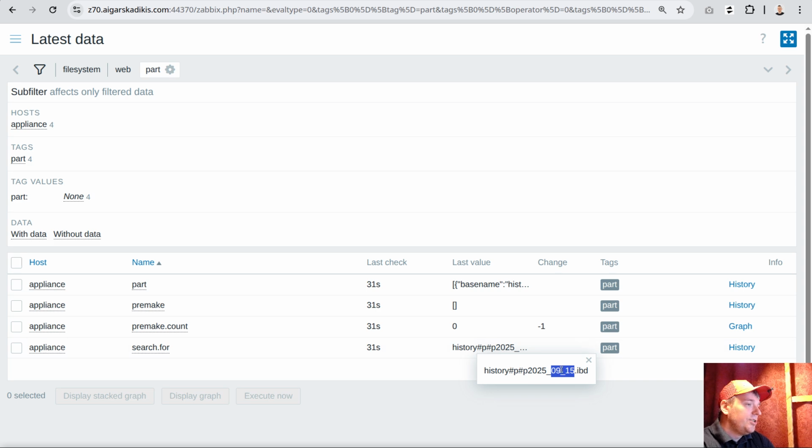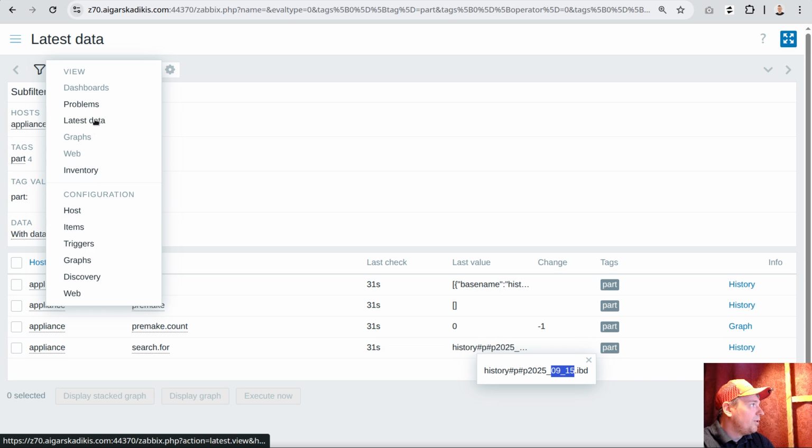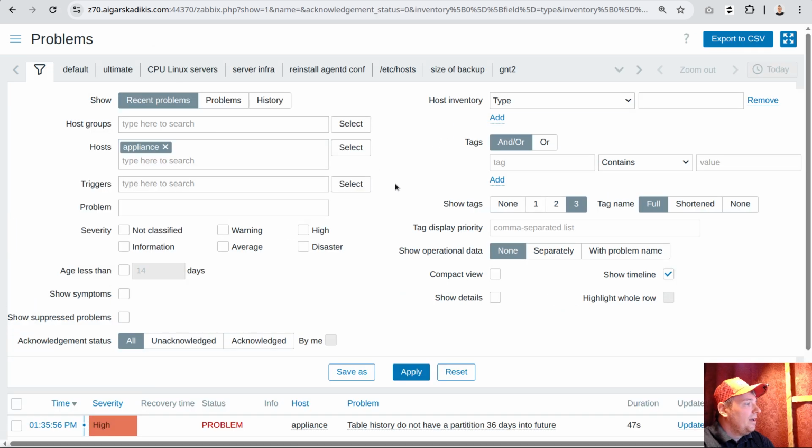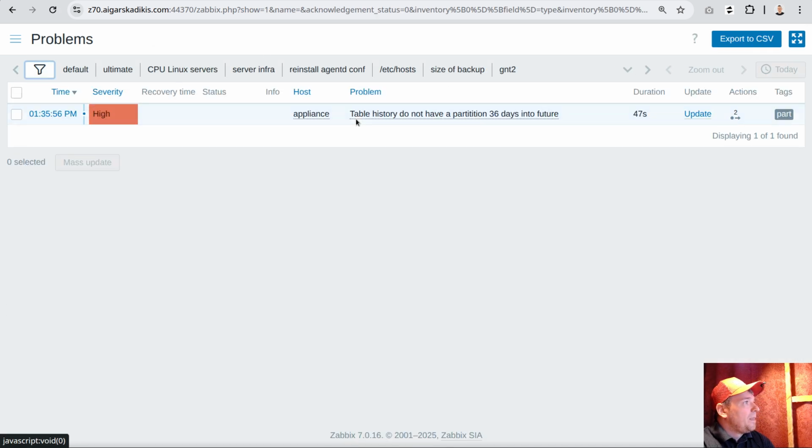So no partition is there, and if we click on the problems right now, the problem is this: Appliance table history do not have partitions 36 days into the future. Okay, that was the proof of concept. Actually, we need to